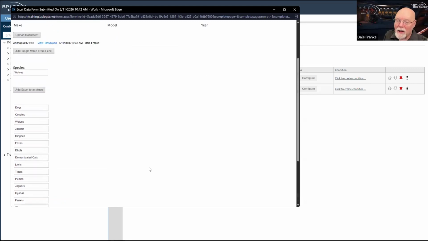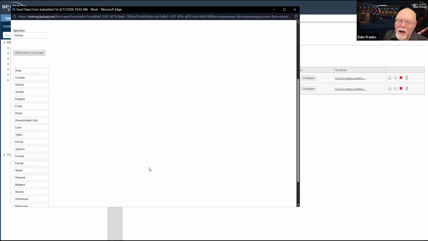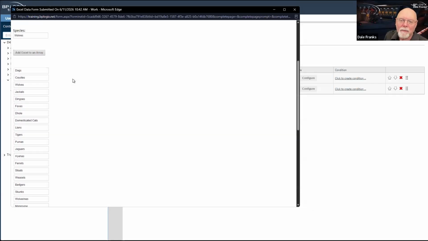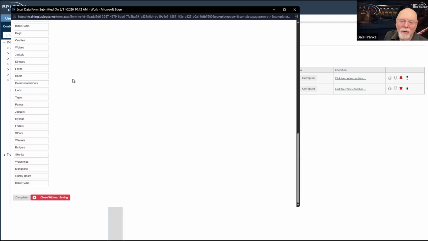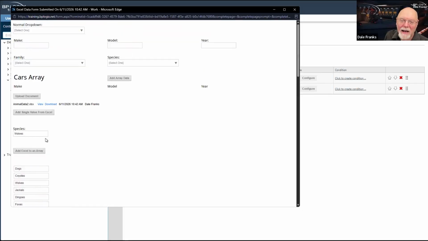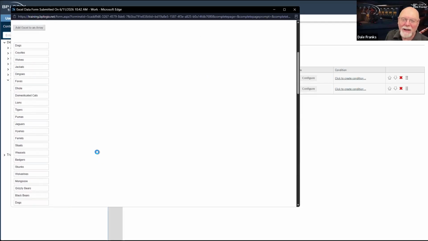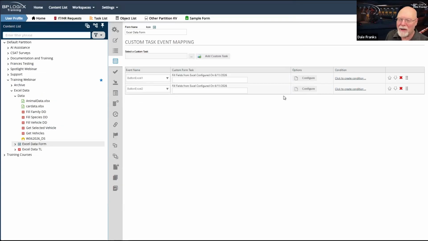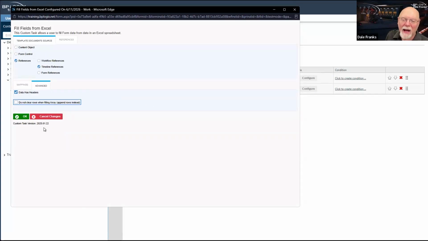Now, I checked the do not clear. So we got to be careful here, because now that I've clicked this button, if I click it again, I now have many more things. And if I keep clicking it, it will just keep adding items to my array. So that one little checkbox, kind of important, so that we don't duplicate all of our data. So normally, you wouldn't want that turned on.